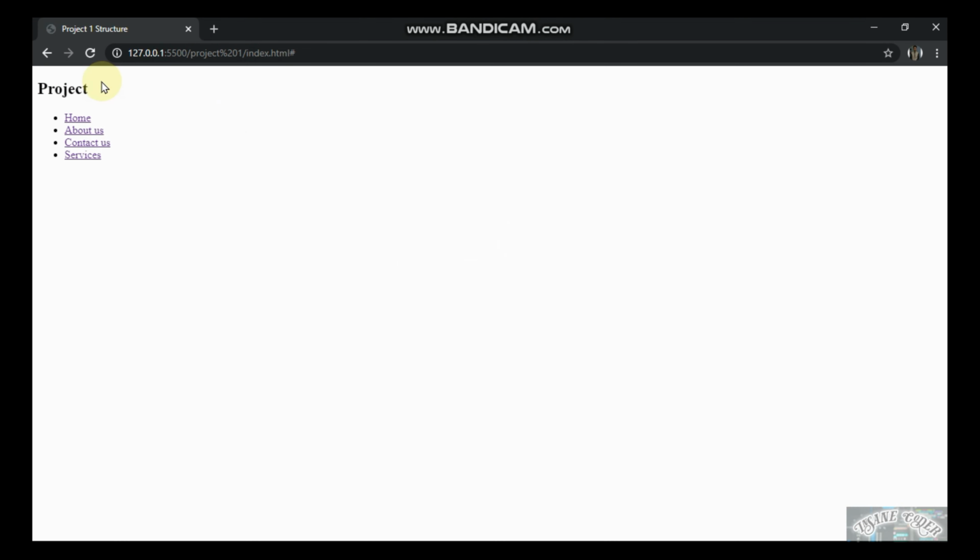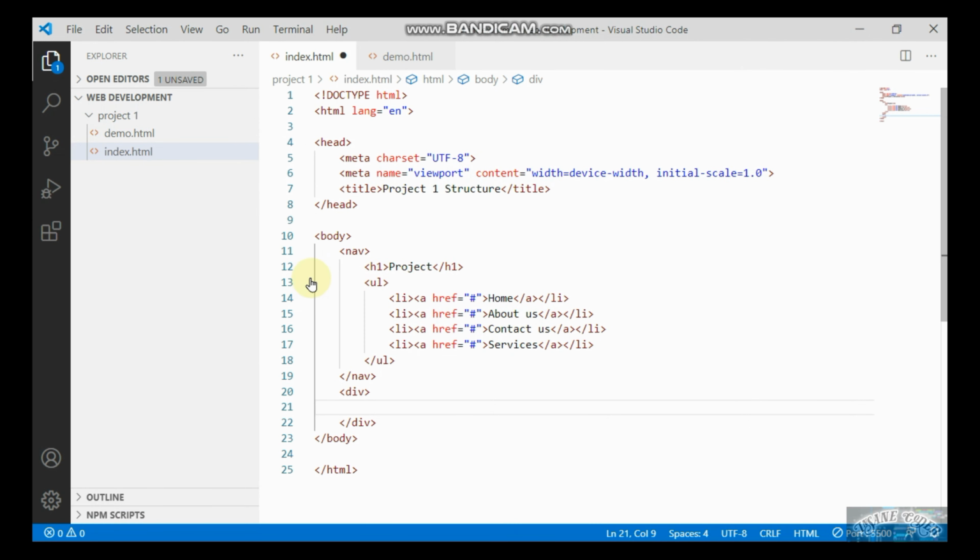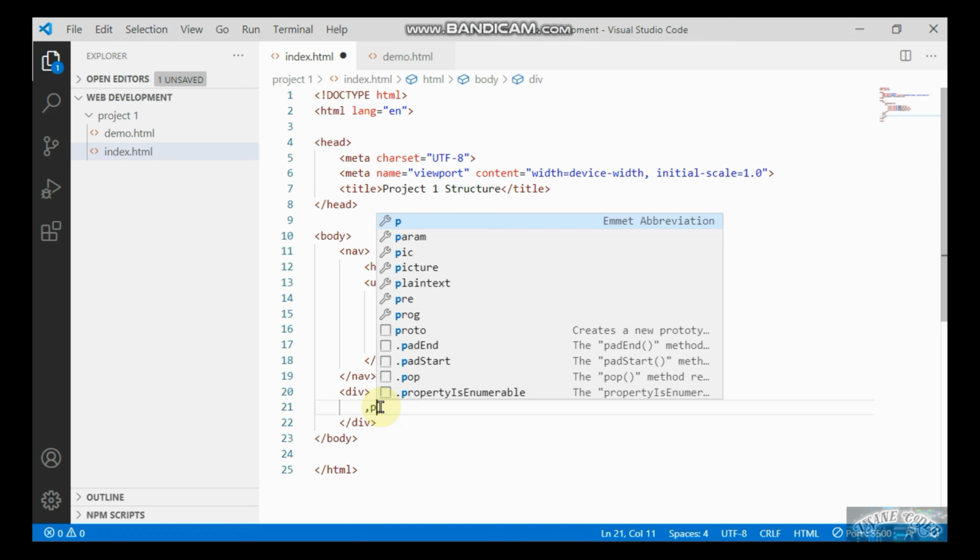So I close the editor now. So you can see there's a link. Now what a division does is that after the nav bar, it makes a whole new division. The area after the nav bar is now another division. It has no concern with this nav bar. So in this division, I'm gonna place a paragraph,